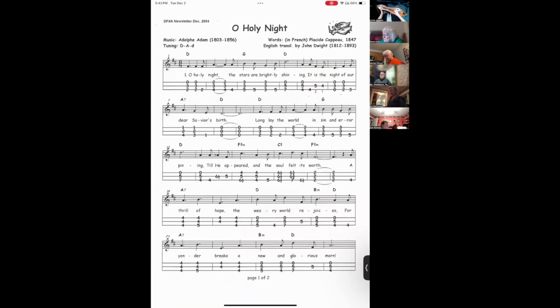The next song, O Holy Night. Yes. So last time I didn't actually play this song through. I just mentioned this is not a beginner version of this song at all. And I just mentioned a way of approaching it. And so one of the things I wanted to just show you again a little bit more about approaching this is,